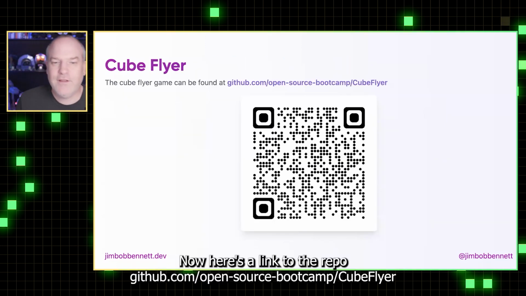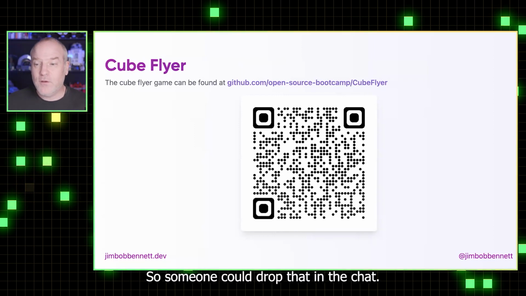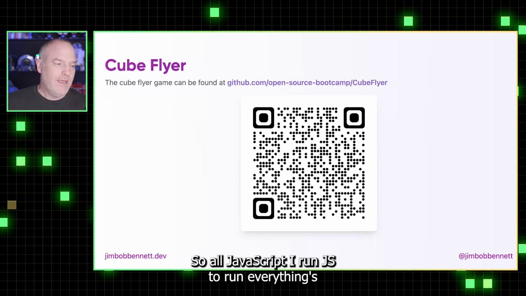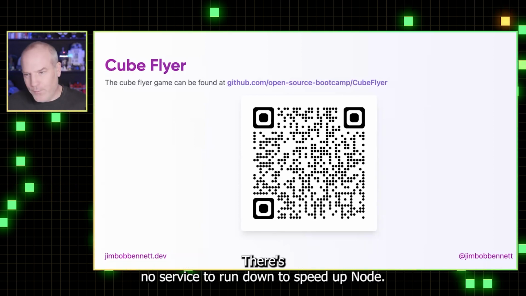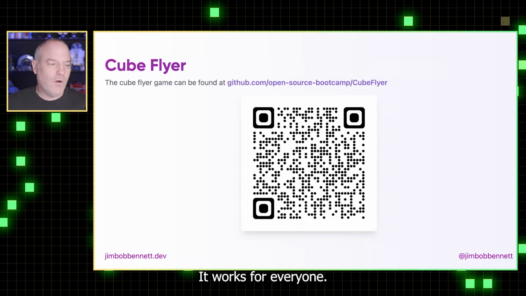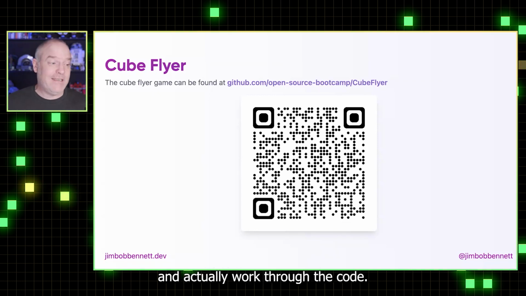Now, here's a link to the repo, github.com/opensourcebootcamp/kubeflyer, QR code for that as well. So someone could drop that in the chat. That would be great. It's all JavaScript, Babylon.js to run everything. It's an index HTML file. Open that in your browser, play the game. There's no server to run. You don't have to spin up Node. It works for everyone. And ideally, mentors should have a play before the event